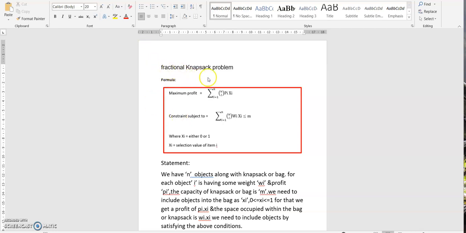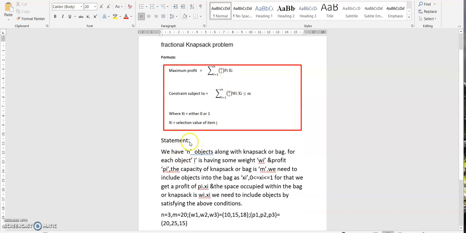Today we are going to discuss the fractional knapsack problem. The statement is also the same as the 0/1 knapsack problem. Here also we have n objects along with a knapsack or bag. Each object i has some weight Wi and profit Pi. The capacity of our bag is